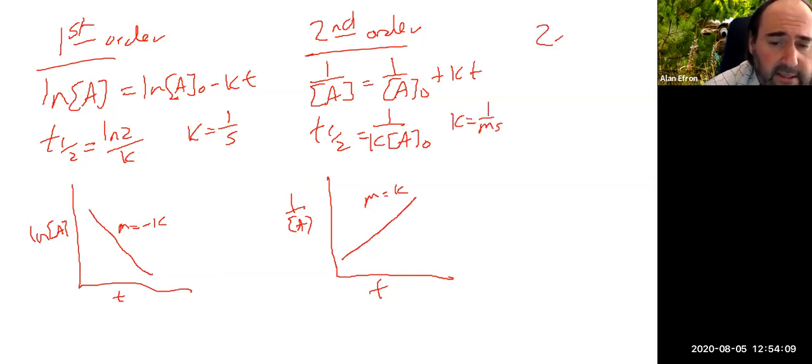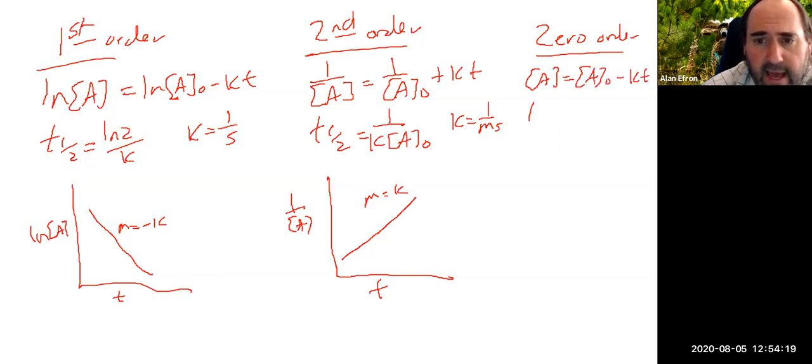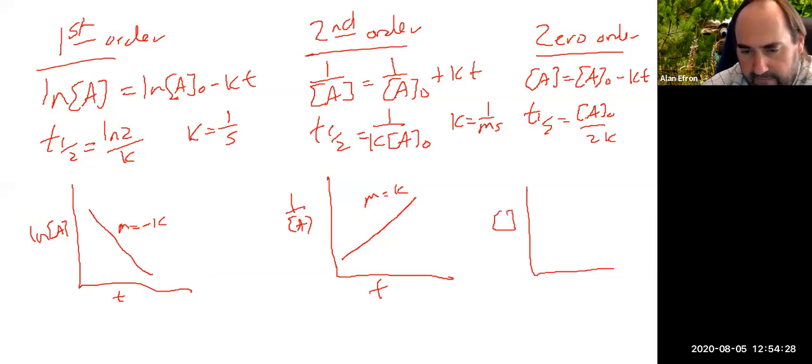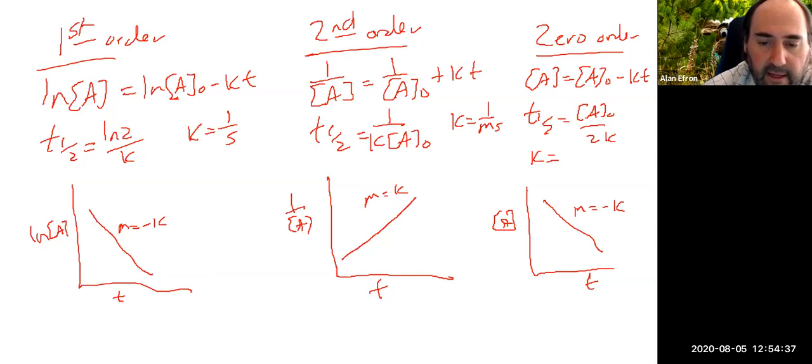And we also saw a zero order where the concentration of A equals the initial concentration minus kt. Half-life equals the initial concentration divided by 2k. And a typical graph is concentration versus time, giving you a straight line, where the slope is equal to minus k, and the units of k are molarity over seconds. So that is, again, a useful